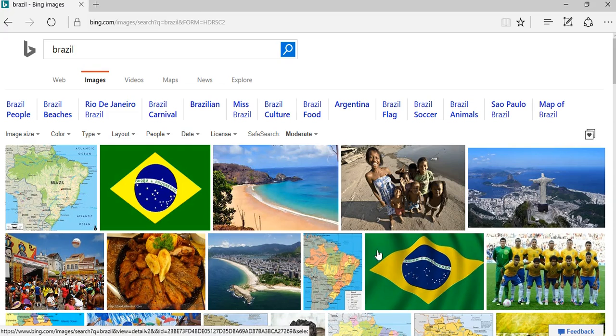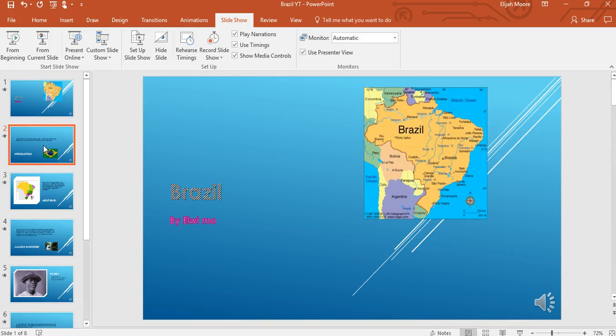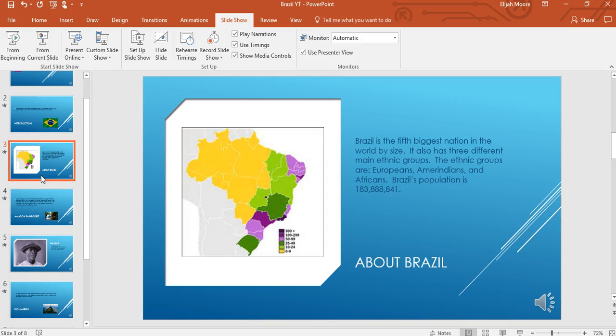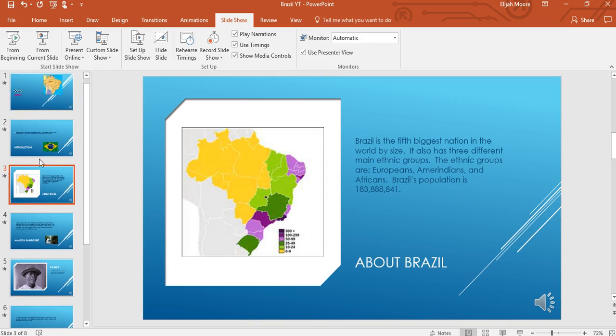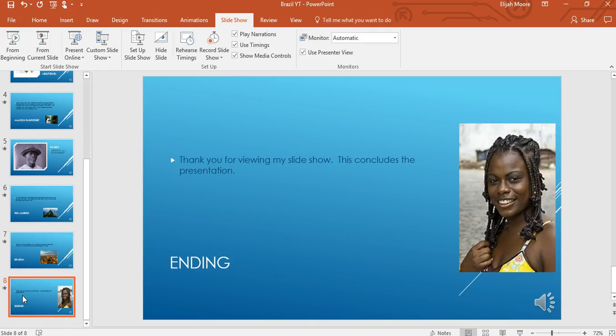As you notice, I'm still on the same page at the moment. But that's because I searched Rio de Janeiro and a bunch of other stuff like Brazil. So basically, I searched a lot of things. Like if we go back to the PowerPoint I've made, where I of course used PowerPoint, I typed in Brazil, or Brazil map. I think I typed those two or something, and that did Brazil 1800s, Rio de Janeiro, Brasilia, and then this you already saw where I got that one. So I just thought you should definitely know where I got these, because that's very important. You have to cite your sources, especially on YouTube.